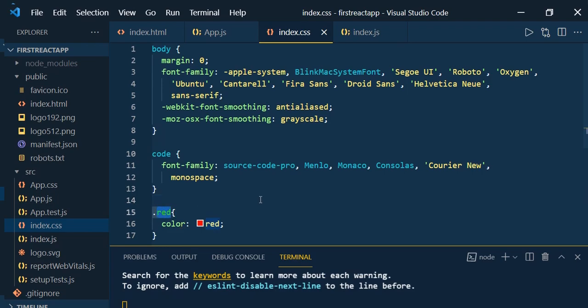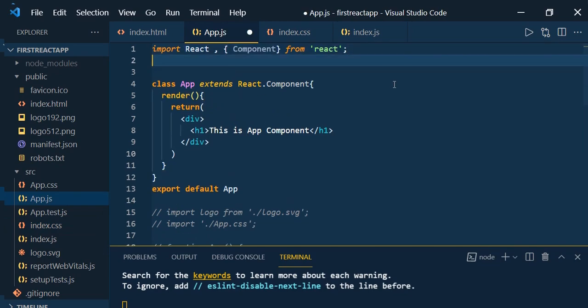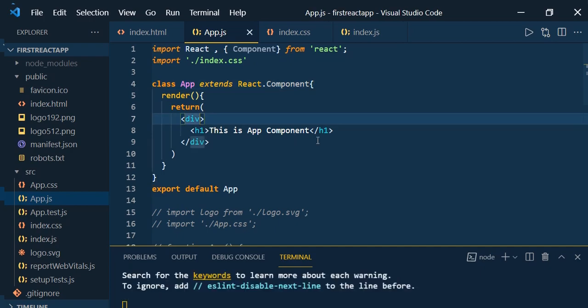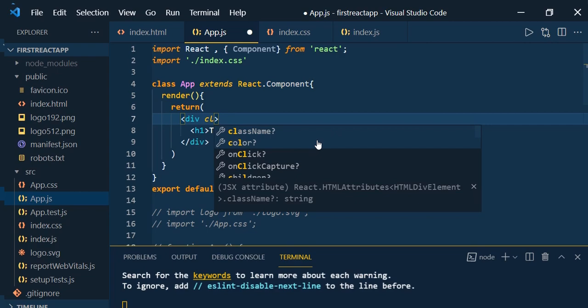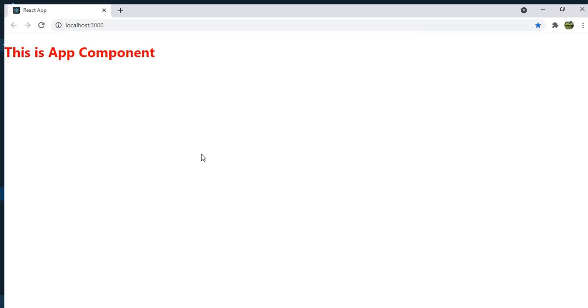Now I'm going to import this index.css inside app.js. So import index.css. Then I'm going to apply the CSS class to this div. Generally in HTML, we use class equal to, and then the class name, red. Let's go and see.